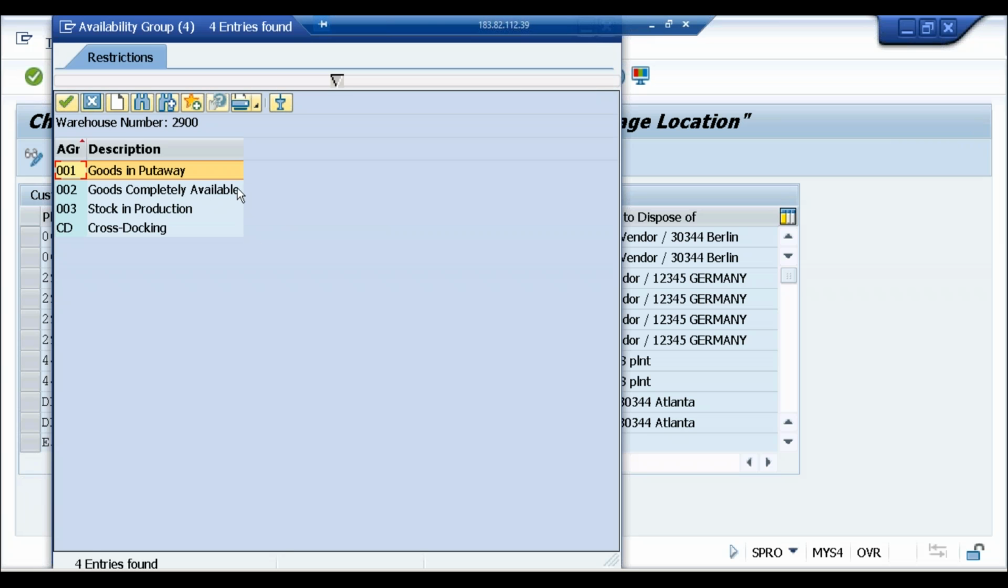whether the parts or material at the Extended Warehouse Management level are in goods-in put away or completely available. 002 is for completely available. This is for the AFS1 storage location, and 001 is the goods-in put away. This is for the received on dock level. Okay, so